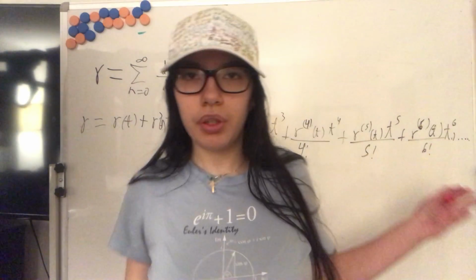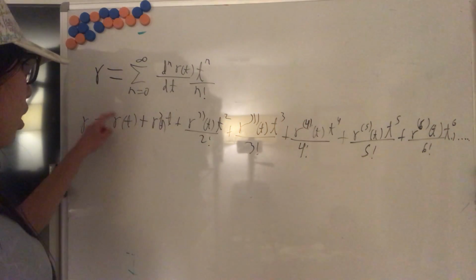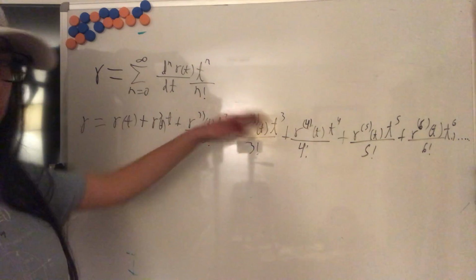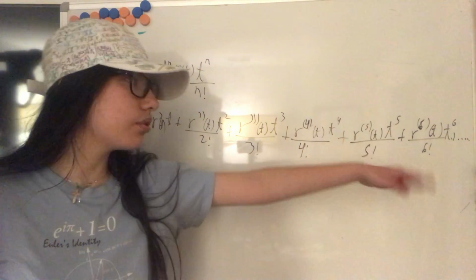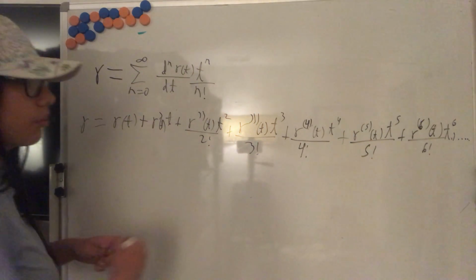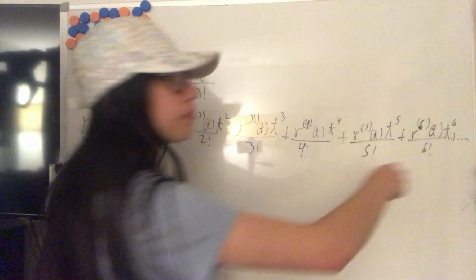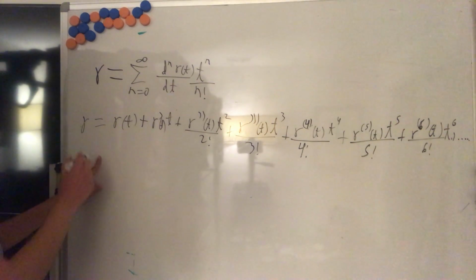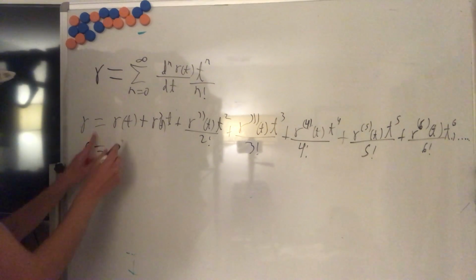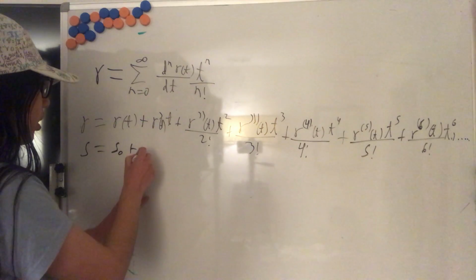In the previous video we just went up to the 6th derivative, but there are many more, the 7th, 8th, 9th derivatives of position, and we can also add them. So it would be the 7th derivative times t to the 7th power divided by 7 factorial, and so on. So here we saw that the position is equal to the initial position plus